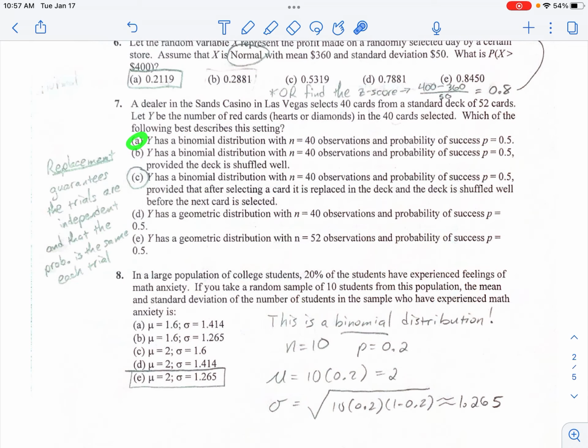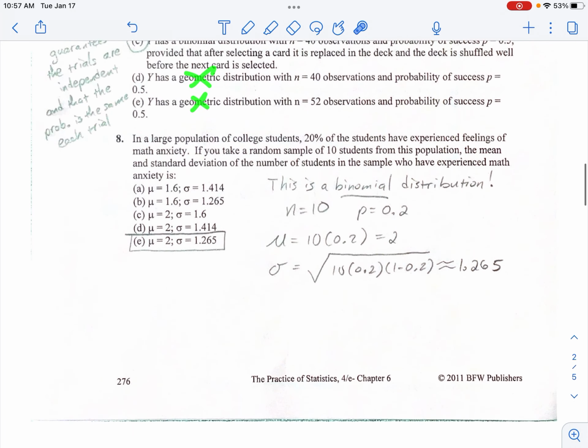It does not say that on A and B. It does not say anything about replacing it. Here it says shuffling, but it doesn't matter if you take out 40 cards and don't put them back, that means the events are not independent. Especially because 40 is way over 10% of 52. It's not geometric because we have a set number of observations, so it's not geometric. Number 8,